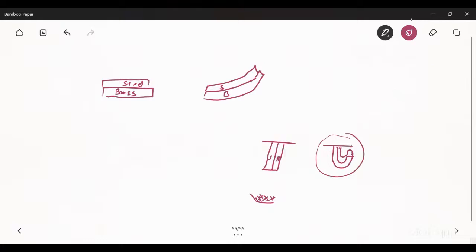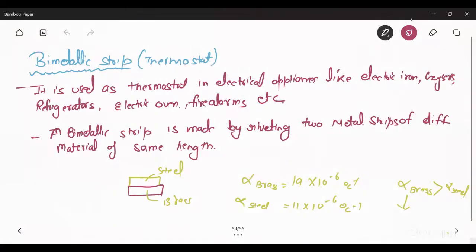When the fire dies down, meaning the temperature falls, it comes back to the normal position. So this is the bimetallic strip, meaning two metals are riveted together, and when two metals of different alpha, or coefficient of linear expansion, are riveted together and we increase the temperature, meaning the body becomes hot,